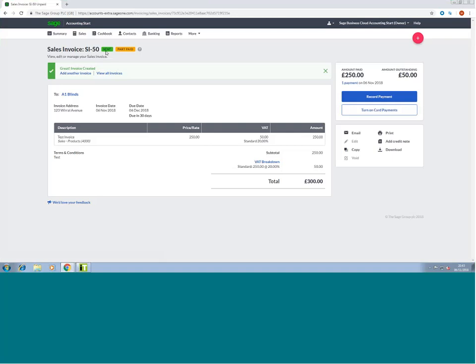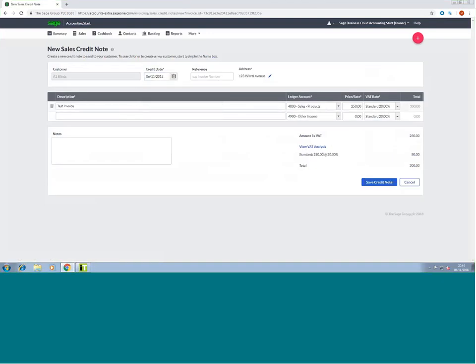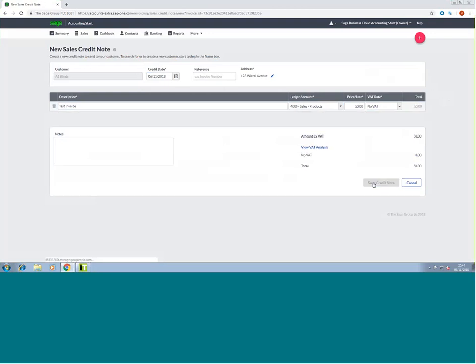Now, let's say that on this invoice, we've had £250 come in, but let's say it was for some faulty goods and there was some bit of the invoice that wasn't going to be payable. This £50 might need to be credited. So I'm going to add a credit note on there now. That will apply itself to A1 blinds. It's going to put in the amount, and it's going to show me what the overall amount on here is going to be. So I could just put in the overall £50. Let's just set it to be no VAT. We'll put it to £50 here, and then as soon as I save the credit note, it's going to apply itself onto the invoice, and it's going to show that it's been fully allocated. So if I just select save on here,